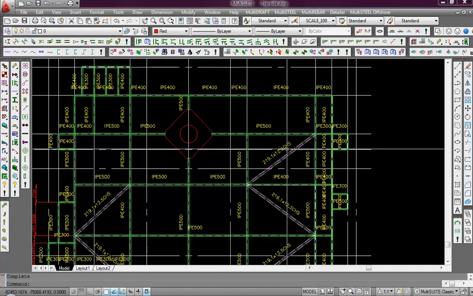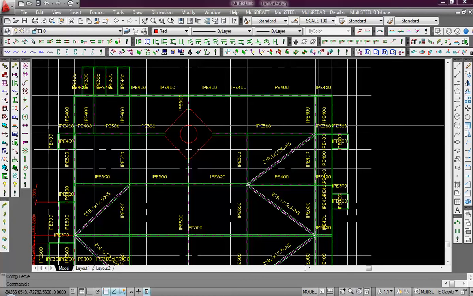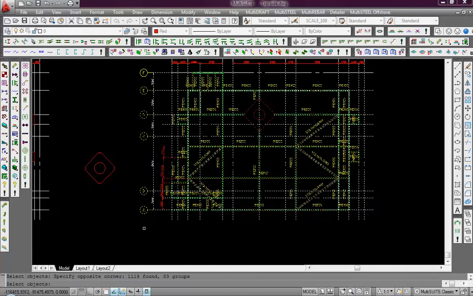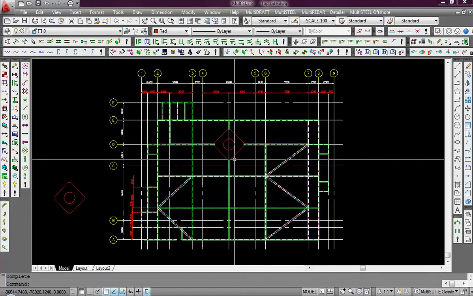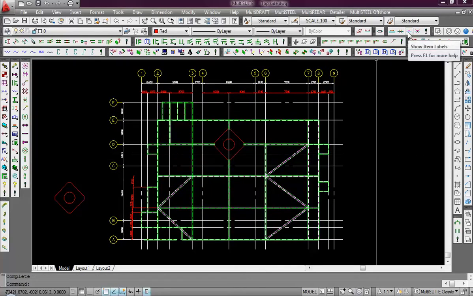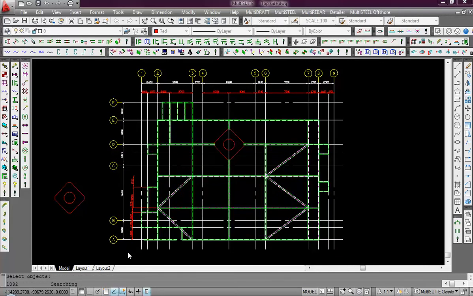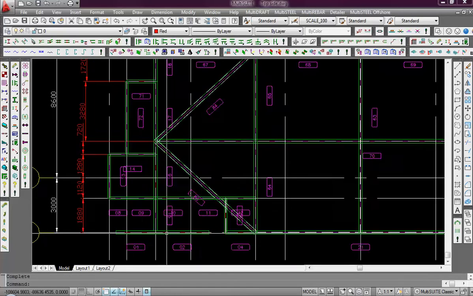This one is labels. If you want to remove the label, you can click the remove steel label. Okay. If you want to add an item label, you can also do it in Multisuite. You can see,